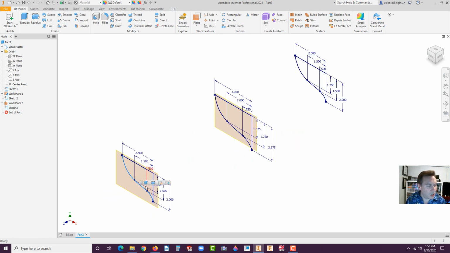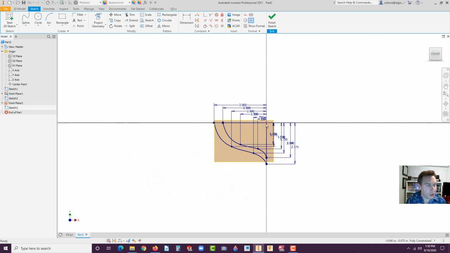So click on this. You don't have to double click on it. I know I said double click earlier. You don't have to do that, by the way. Go ahead and edit sketch. And remember the trick, we have to pull that away, that corner. And let's go back to